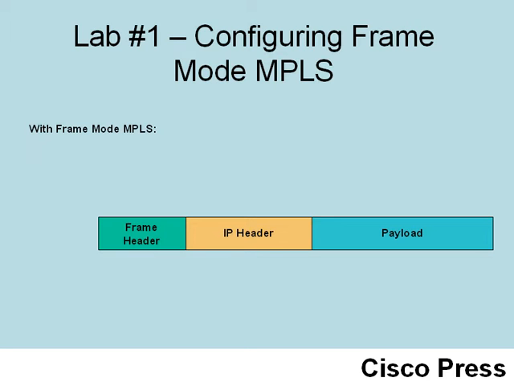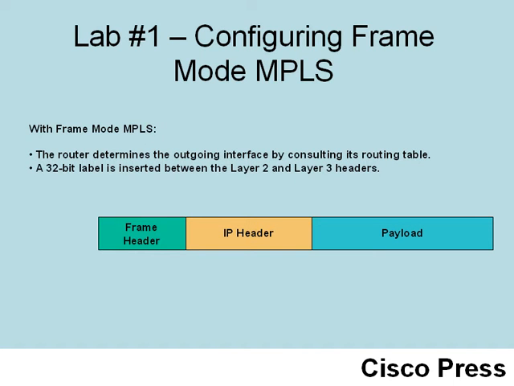With frame mode MPLS, we still have a routing protocol. We happen to be using EIGRP in this lab that is going to determine out of what interface a frame should be forwarded. And the router is going to insert a 32-bit label, this MPLS label, between the layer 2 header, the frame header, and the layer 3 header, the IP header. As a result, sometimes we say that MPLS is a layer 2.5 technology because its label lives between layer 2